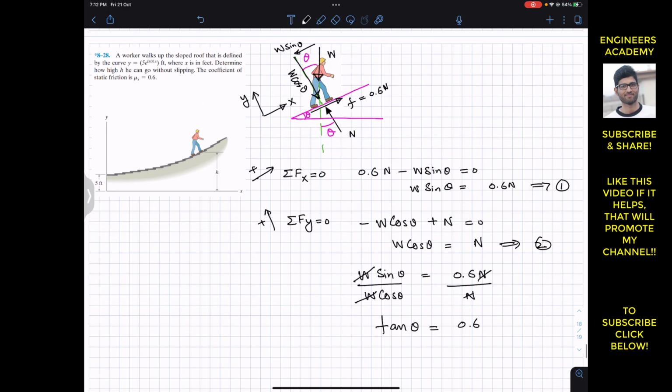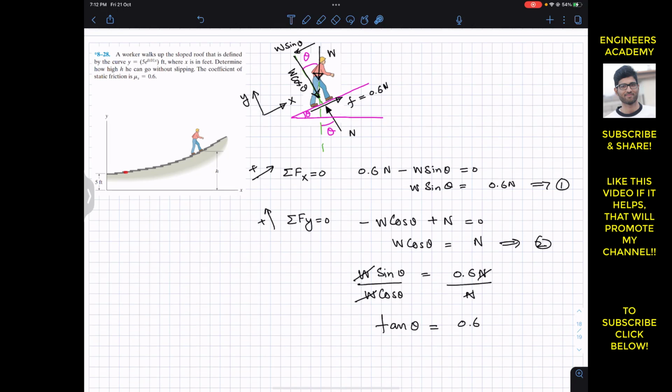Now at this particular location, when the worker is somewhere here, the profile of the roof is defined by this y of x function, and the tangent to this path at any point will be the derivative of this y of x function. So if you want to find the tangent to the roof at this particular point, that will be dy by dx, and that dy by dx will be equal to tan theta, since we know that if I draw a tangent to this particular point, and I draw a horizontal line here, and a vertical